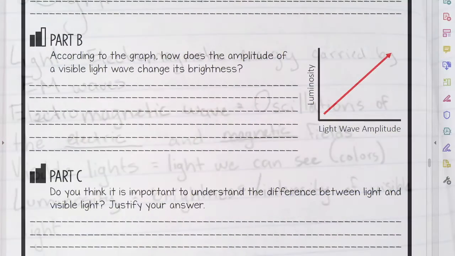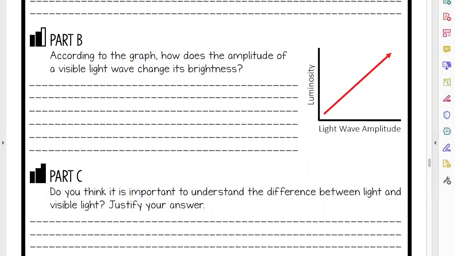Now for part B. So according to the graph, how does the amplitude of the light wave change? Okay. So we have our amplitude measure here. We have our positives. We have our origin. Up here is a positive. Okay. So what is happening from this point to this point? I started here. I went here. What's happening? The positivity increases. Okay. So as amplitude is increasing,